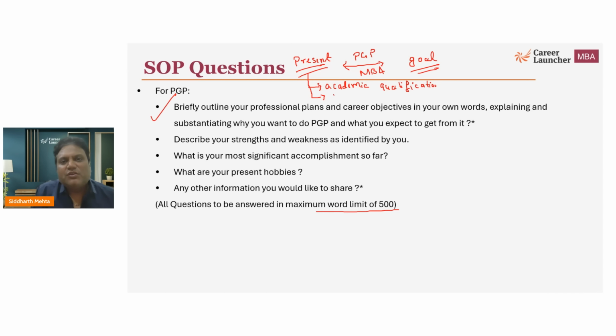right? Your work ex will definitely come here if you're a work ex guy. While working in this particular company, what kind of work you have been doing, and while working, what has been your experience. That part can come here. For a work ex guy, that definitely should come here. I'm writing the other parts here. So I'm right now discussing the present, and in the present, what all things you can include is where your present standing is. A CAT qualification you can include, the work ex you can include,